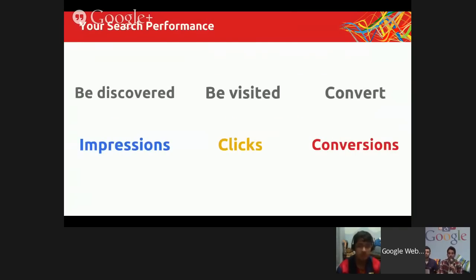How do you measure if you're actually doing this in an efficient way? Well, we broke it down by 3 metrics that you can look at. And one is impressions, and by impressions we mean the amount of times that you show up on search. The second one is clicks. So after showing up, how many times are you actually visited, and how many times people actually click on your result? And the last one is conversions.